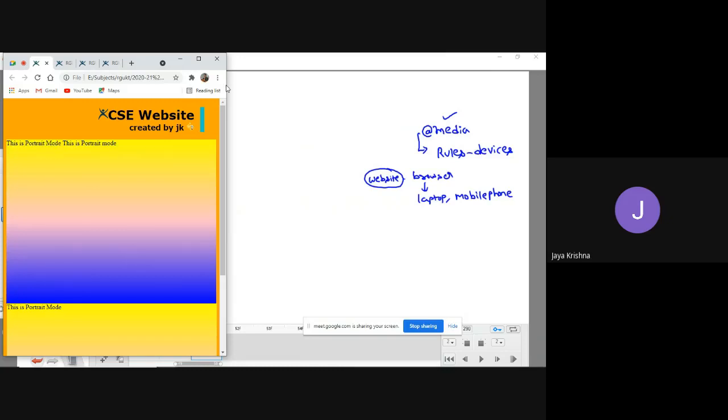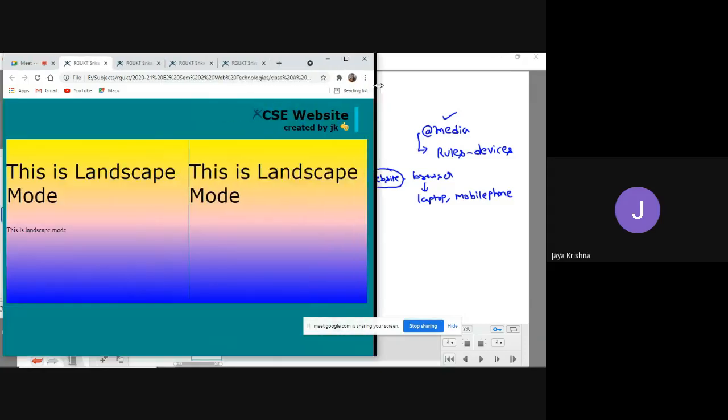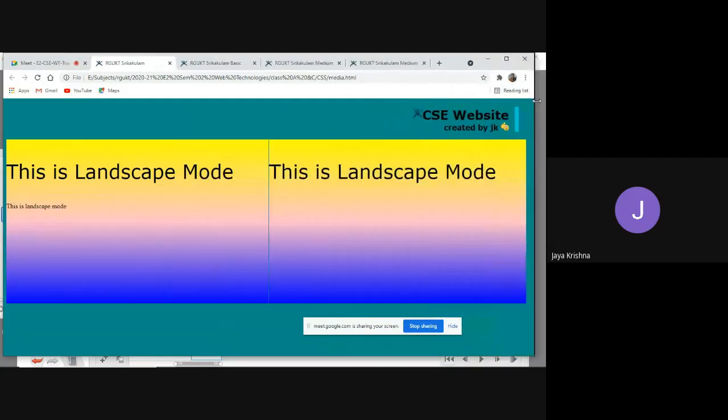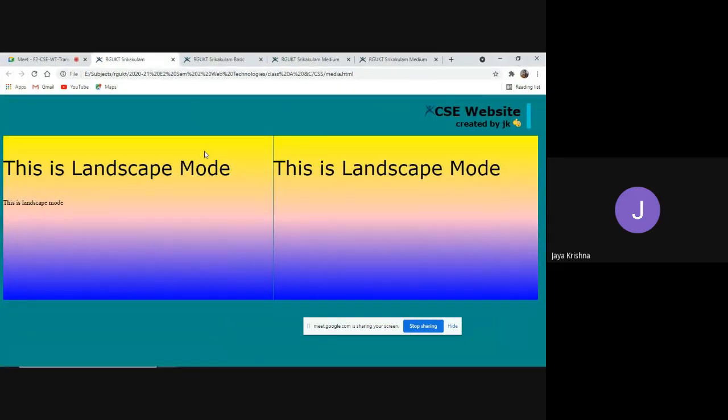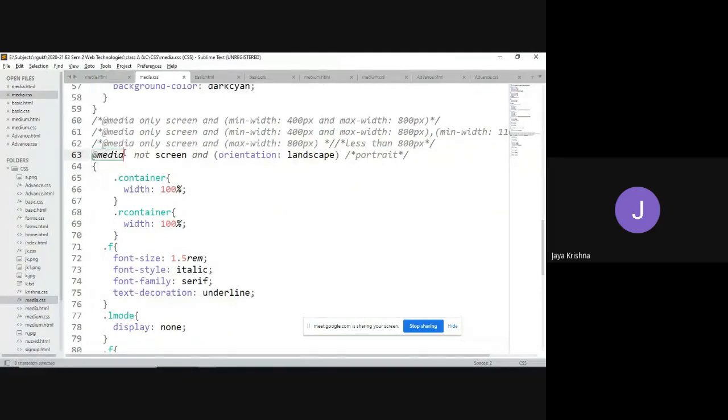Observe, guys, if I resize, as it is more, it shows landscape mode. And I have written the rules in such a way that it has to work. If you observe the syntax, this is a media query. I'm saying that if it is not landscape mode, I need to apply these set of properties.